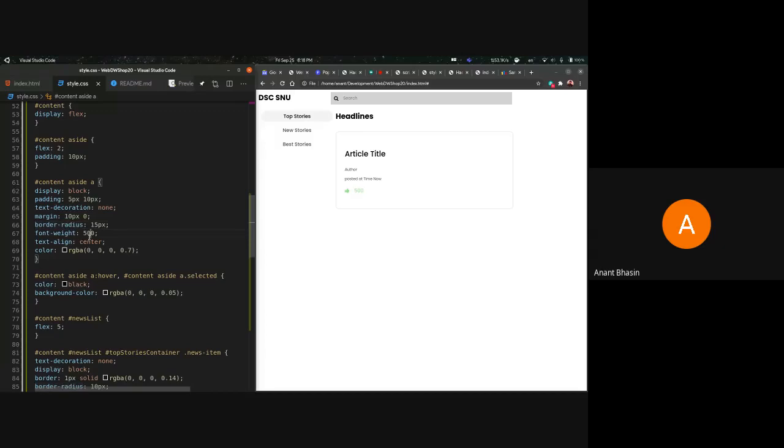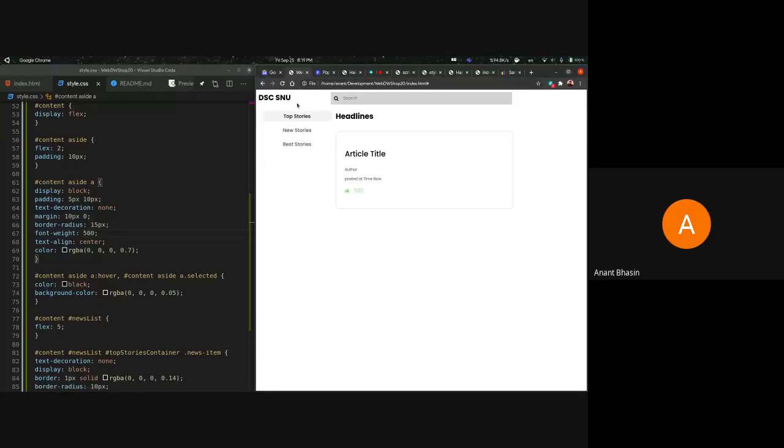Then we have the font weight 500, a little bit thicker than regular. If I make this 800 quickly, you can see that it is proper bold. We did not want it to appear that bold. That's why we came to 500. If I also show you guys 400, you'd see it's regular, but it's a menu item, so we chose 500 over here.